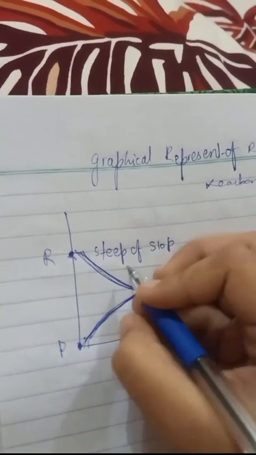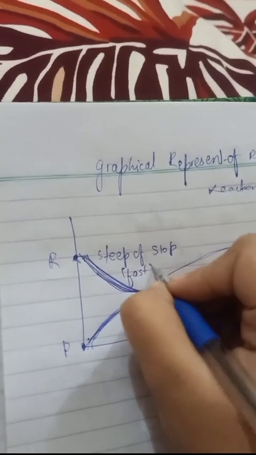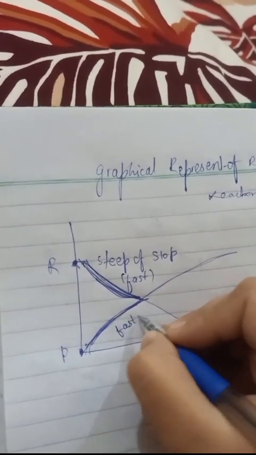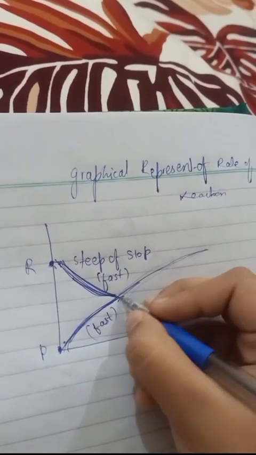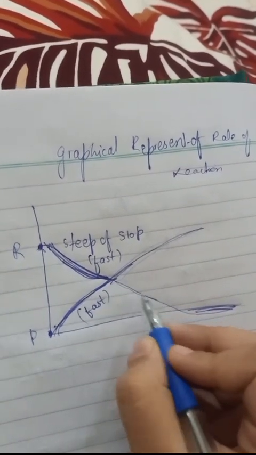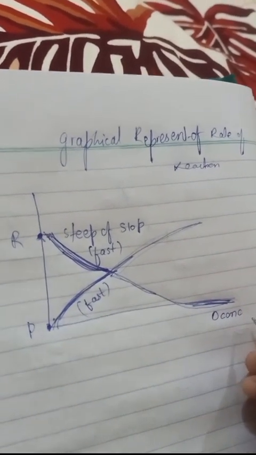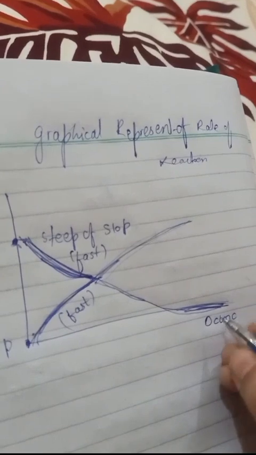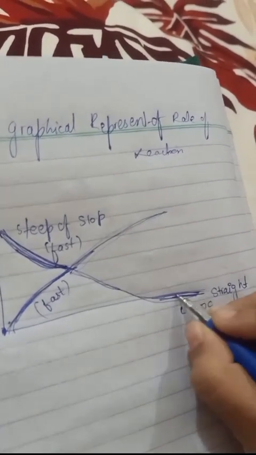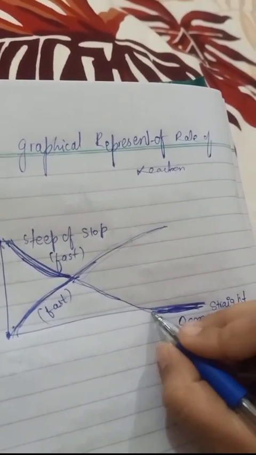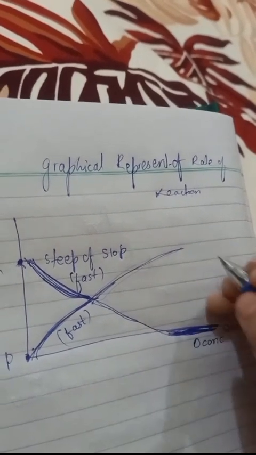In the very starting the reaction is very fast, and further it becomes less, as the reactant concentration goes to zero, and the product concentration